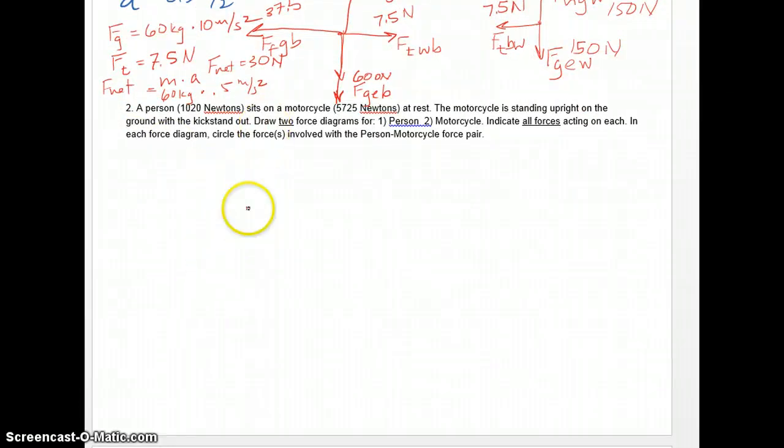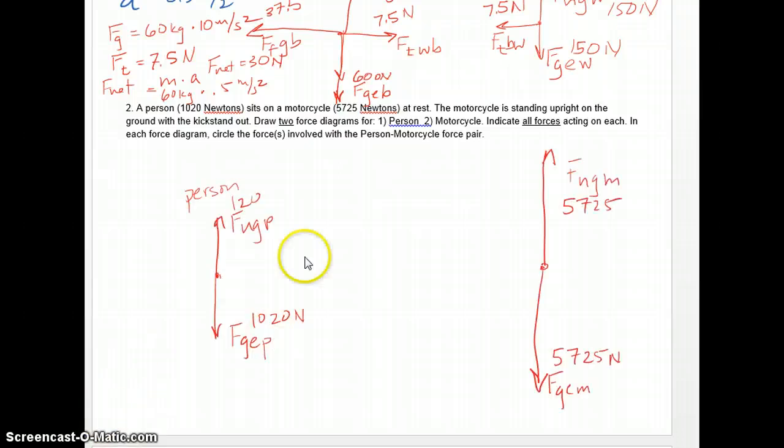In this case here, I'll just give you the answer. So I'm going to stop the video for it. So in this case, these are what your force pairs should be. A couple of things that are key in this here, you recognize they are at rest. And in this case, if I have a motorcycle, and I'll do my best to draw what looks like a motorcycle, not even close, but here I have a person sitting on that motorcycle, you notice that there are really only these two forces, nothing is being pushed horizontally,